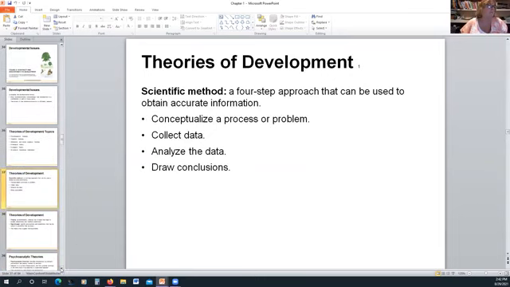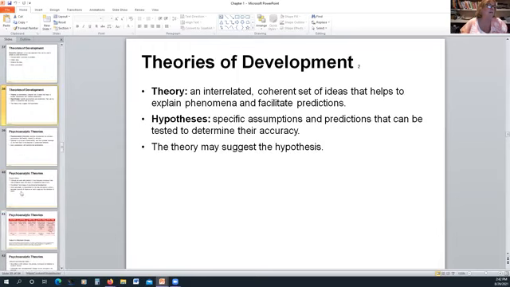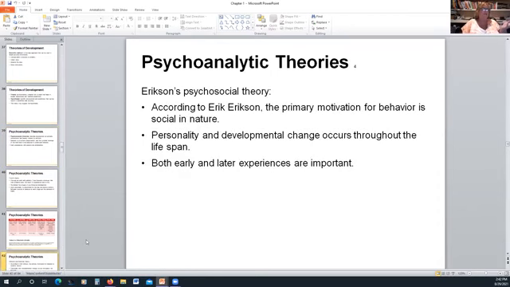Your theories of development, of course, look at development based on scientific method. They all had a theory, they all had a hypothesis. And so all of these areas, or these kinds of categories of thought, all got to these conclusions using scientific method. So there's one umbrella of theories called the psychoanalytic. Anytime you hear the word psycho, you need to think of Freud, because Freud was our psychosocial sort of theorist,